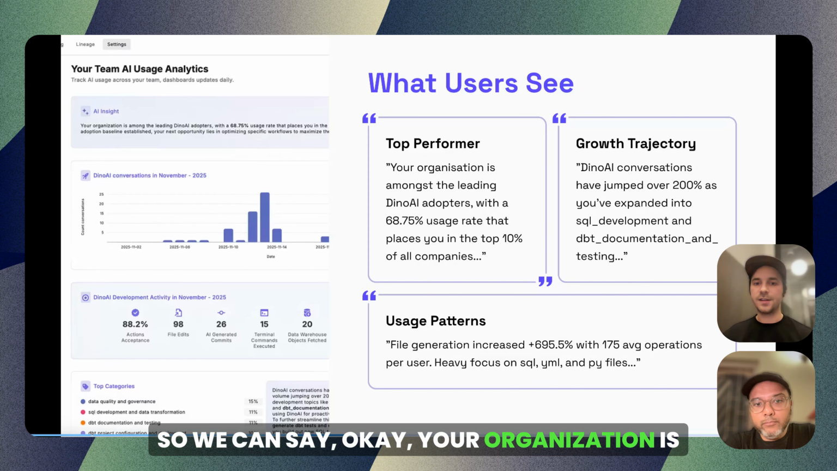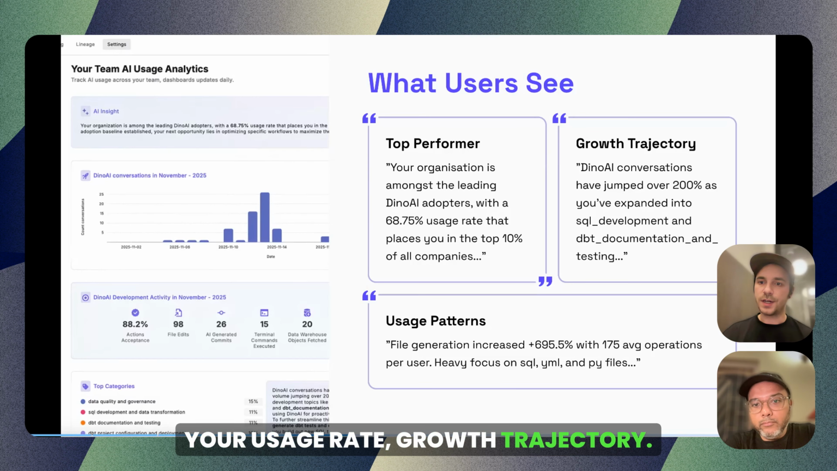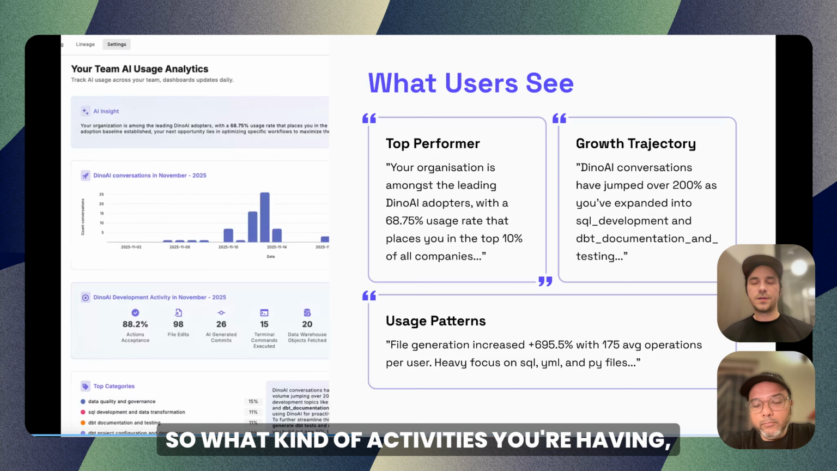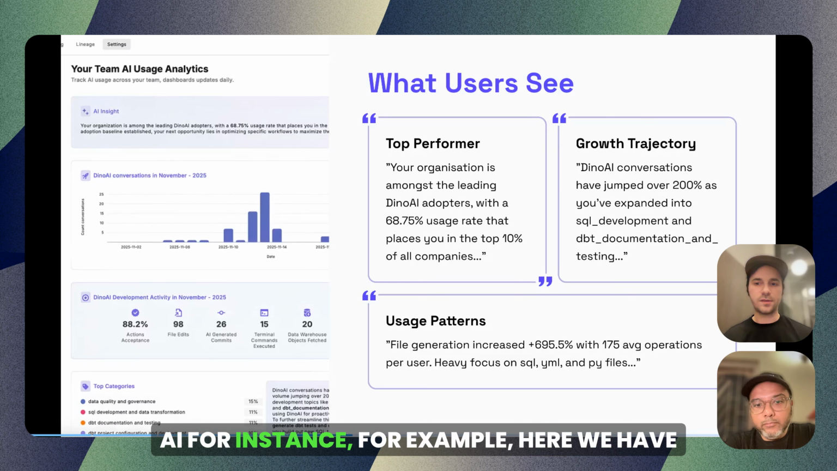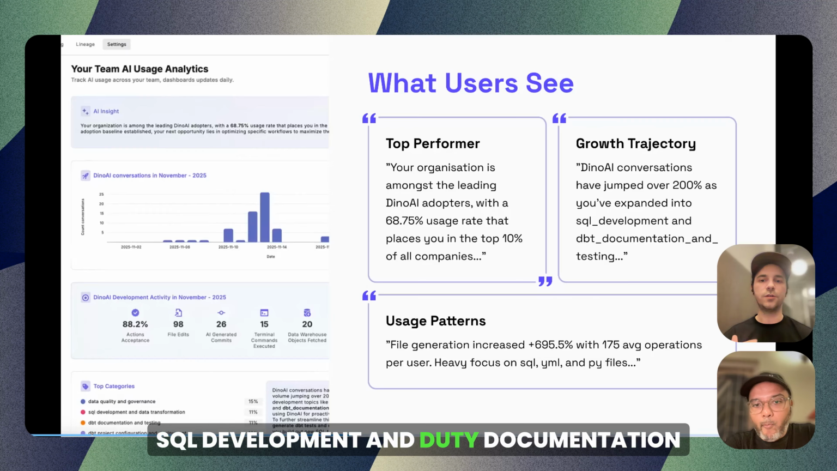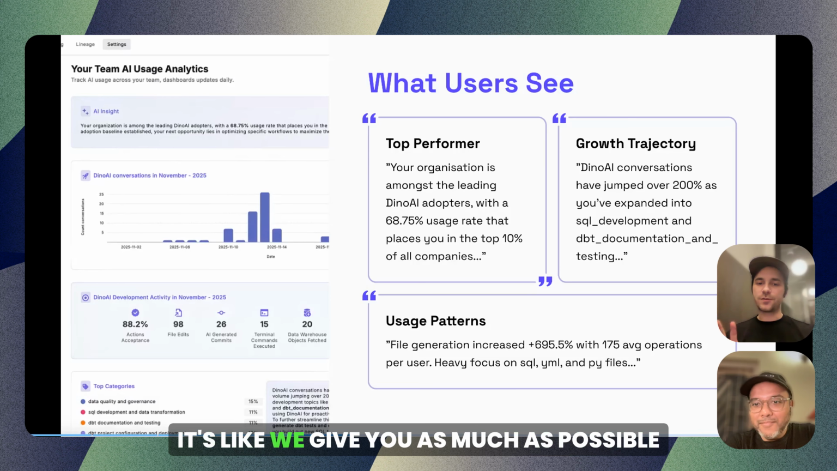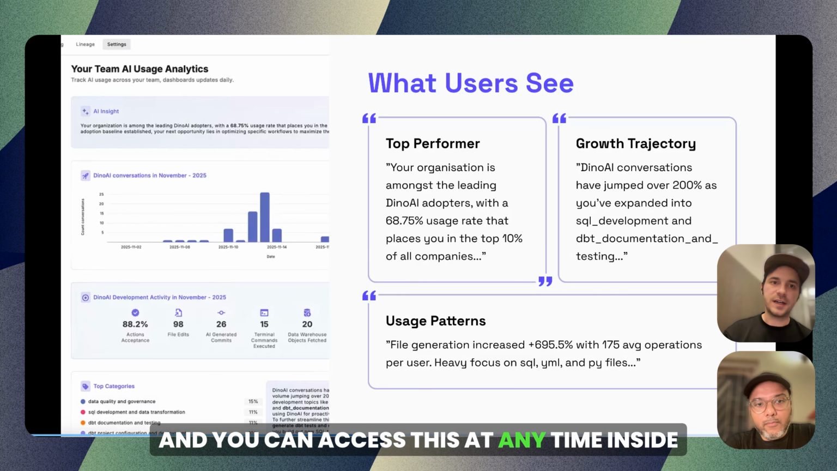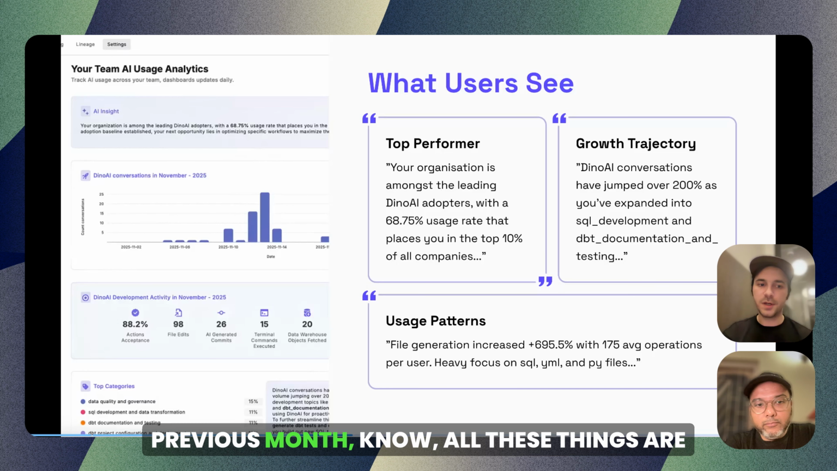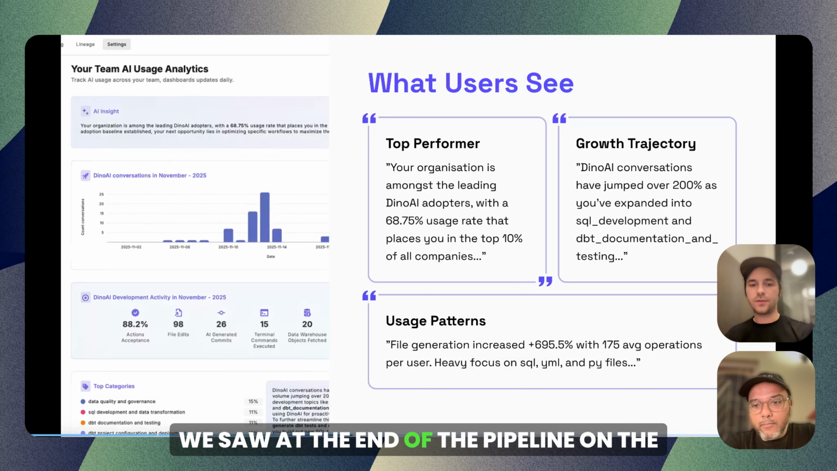So we can say, okay, your organization is among the leading users of that AI. This is your usage rate, growth trajectory, what kind of activities you're having, how users are actually generating or using AI. For example, here we have SQL development and dbt documentation and testing, right? These are great metrics, but fundamentally we give you as much of this intel as possible, and you can access it at any time inside the application. You can look at previous months, all of it is there. So this is one layer of what we saw at the end of the pipeline